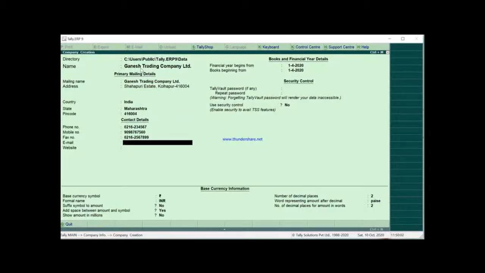Email info@ganesh.com. Website www.ganeshtrading.com. Then the financial year, which starts from 1.4.2019. The same date you will give for the books beginning from, and press Y to accept it.